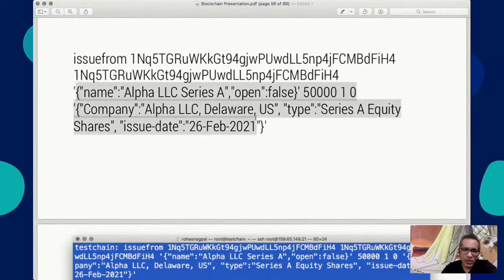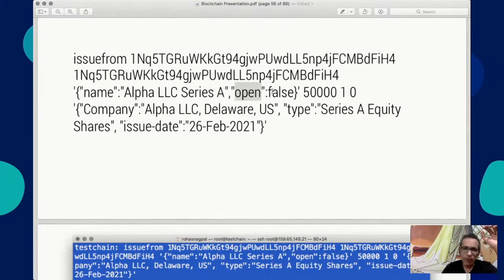Then you will notice a JSON kind of a thing where a curly bracket opens. Then in double quotes, we put any parameter that we want. It is not fixed. You can call it whatever you feel like. So you can call it name, you can call it company name, you can call it asset name, whatever. So in double quotes, we give the name of the parameter. Then next to it, after this colon, you have to follow this exact. Now in this double quotes, you can write whatever you want. So I have said Alpha LLC, which is a company. Their series A is the name of this asset.